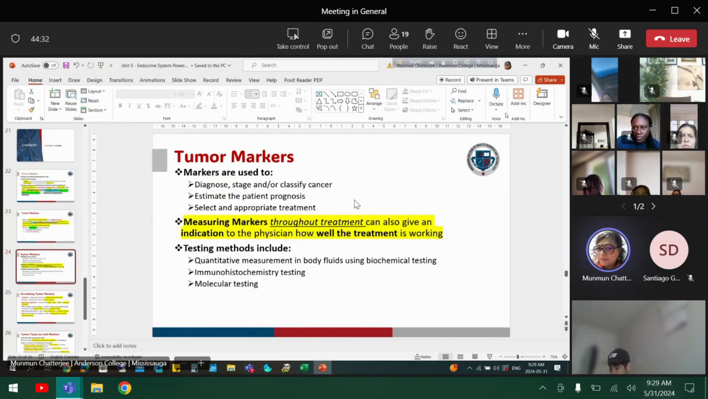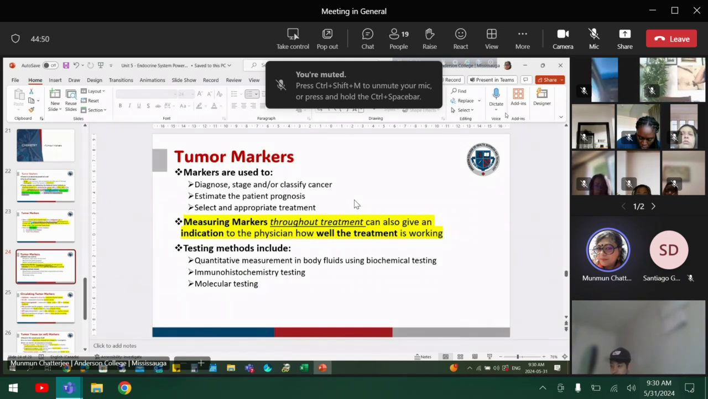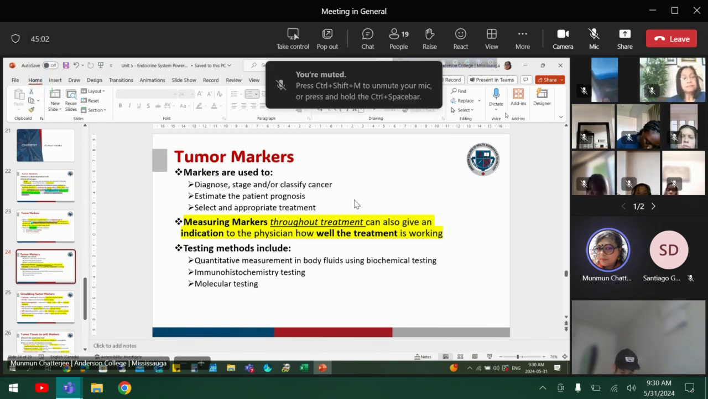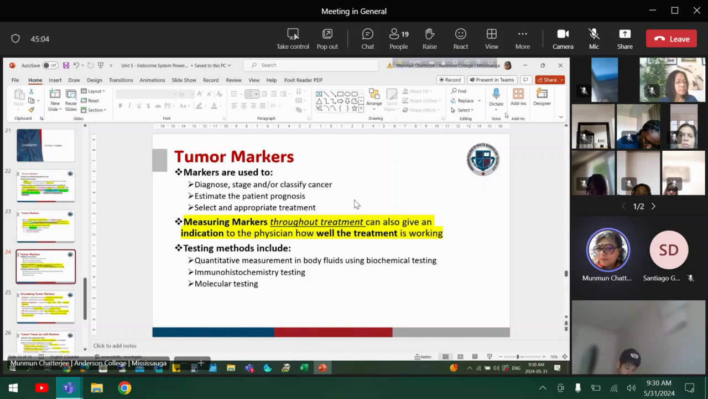So we use the tumor markers to diagnose, stage, and classify cancer, estimate prognosis, and select appropriate treatment. That we already told. So measuring markers throughout the treatment can give an indication to the physician how well the treatment is working or not working, or what the dose is going to be, monitoring, everything. What are the different testing methods? Quantitative measurements in the body fluids using biochemical testing. There are different biochemical testing methods for the markers which circulate. So you can do either body fluids,